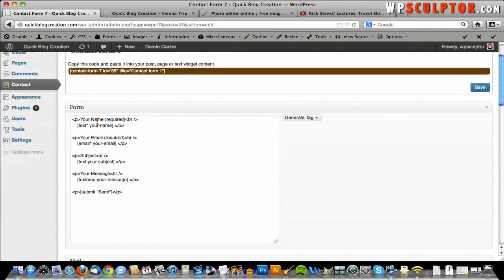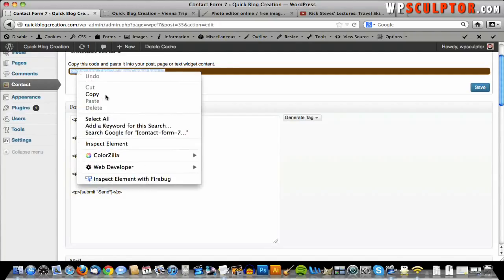It's got a spot for your name, and then a field where you put in your name, your email, and a field where you put in your email, a subject, and a field, and then the message and a text area where the person filling out the contact form will put in their message. But to put that onto our Contact Me page, we're going to copy this, right click, copy,